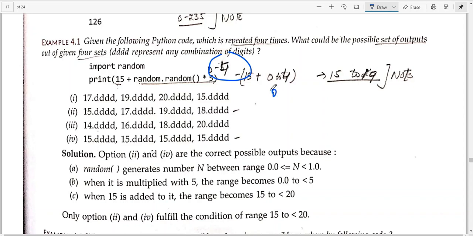It can be 0, 1, 2, 3, or 4. 15 is compulsory. 15 plus 0 is 15.